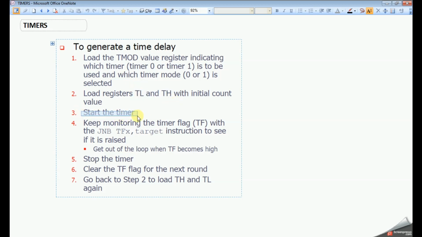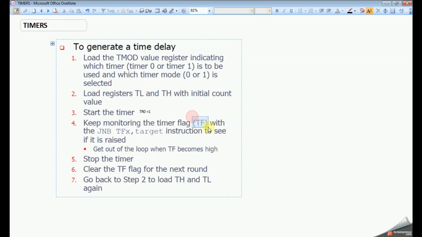To start the timer there is TR. If TR0 or TR1 is set to 1, then the timer will start. We can use this in the program. And there is the TF, the timer flag we already discussed. It will be set whenever the count overflows past the maximum.